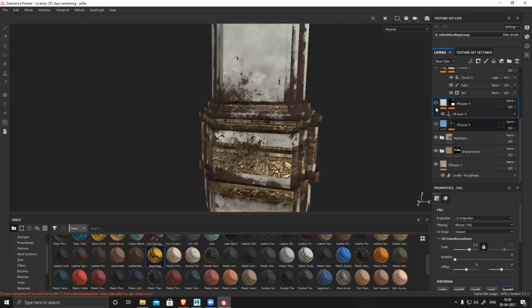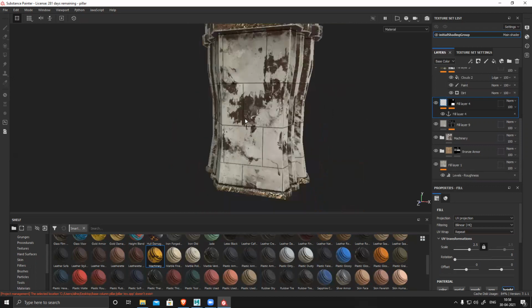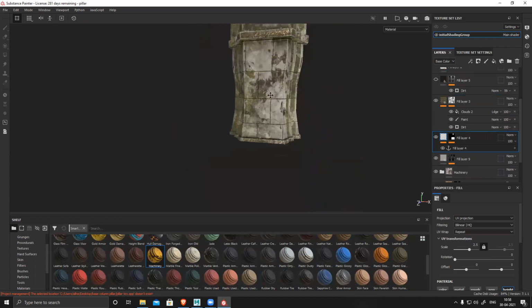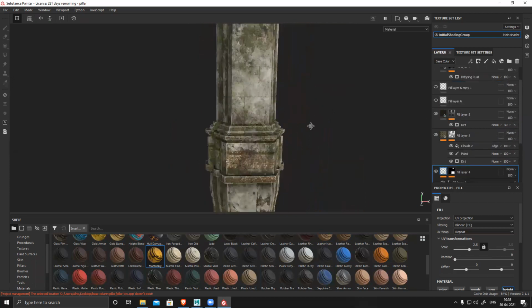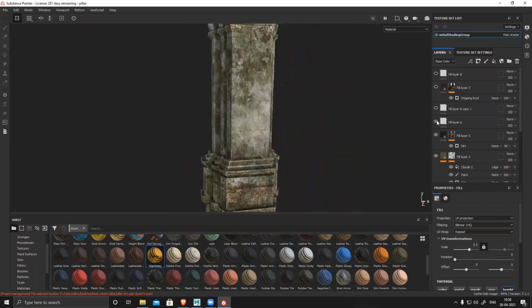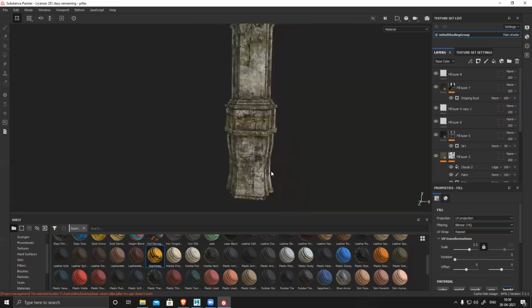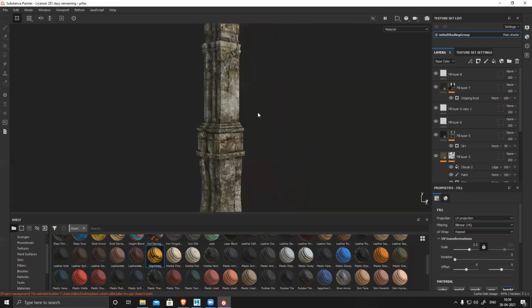Then some dirt, edge wear, some normal map information, moss, a little bit of depth, and some cracks. I can make it more prominent, with a little more dirt. It becomes super easy and creates really nice quality results with the help of this.